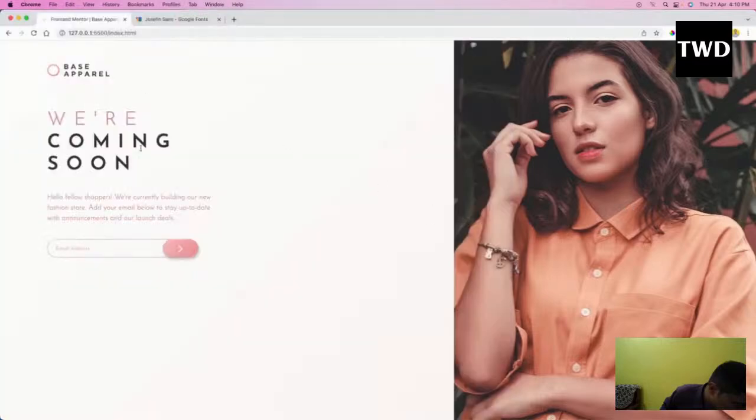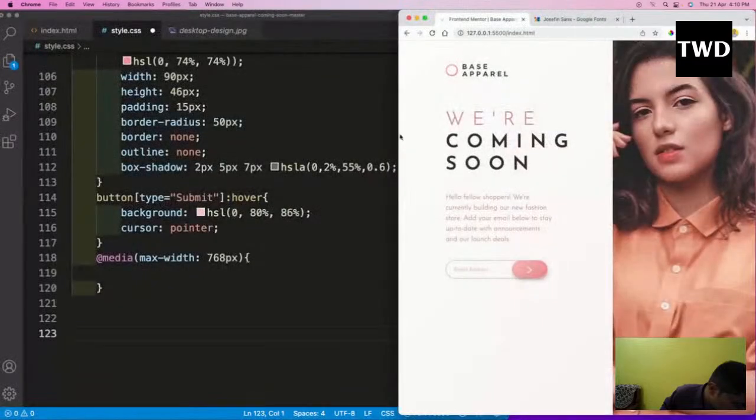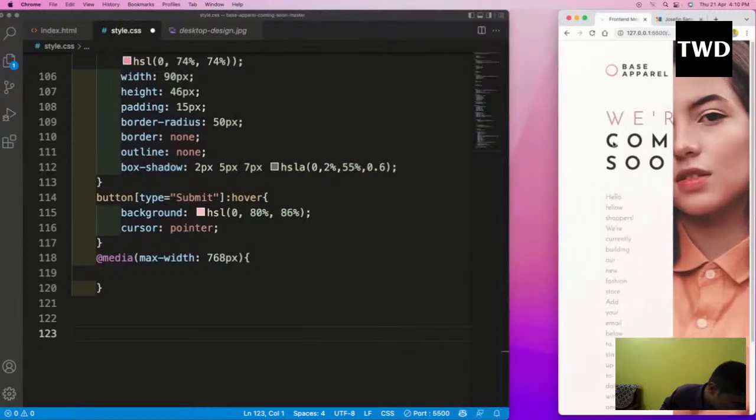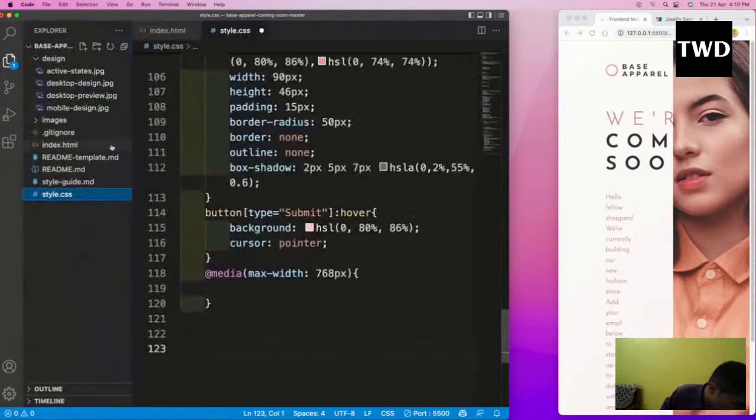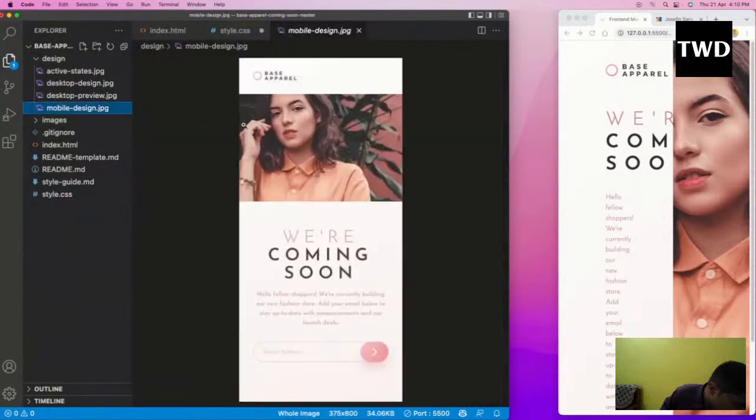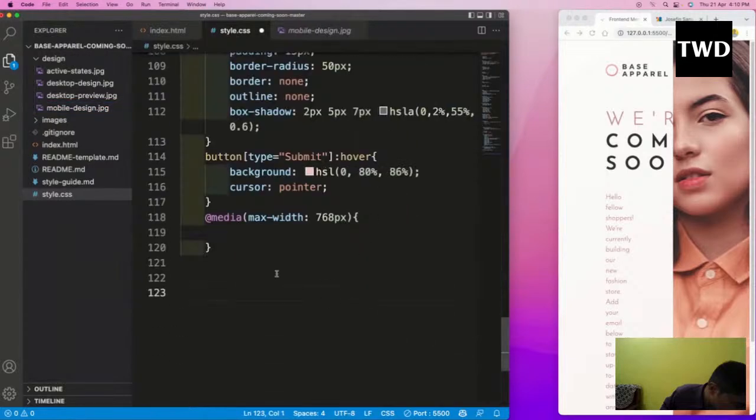So before doing this, let's change the view to mobile view. Let us see once again how mobile view is coming. Here, this picture has to come to top, and this has to go down to bottom. Okay, fine. So at the media max width 768 px, and